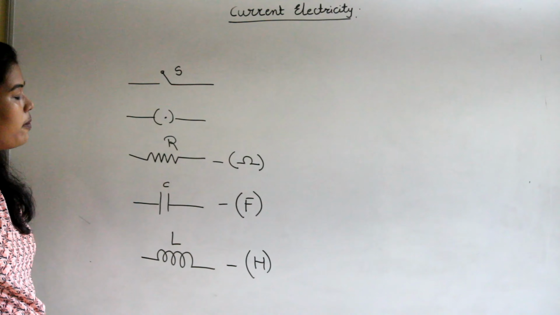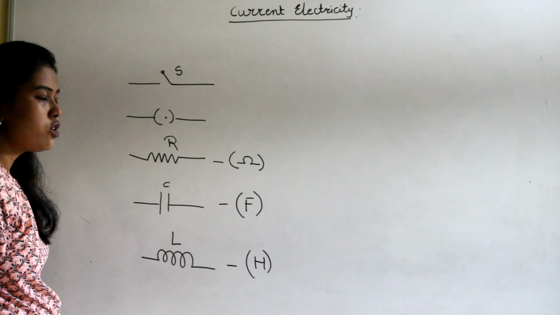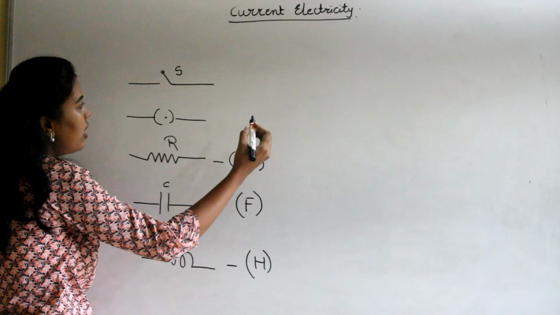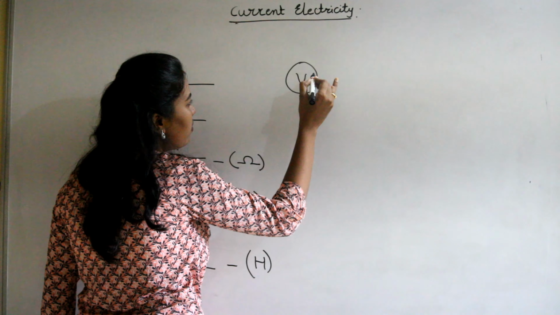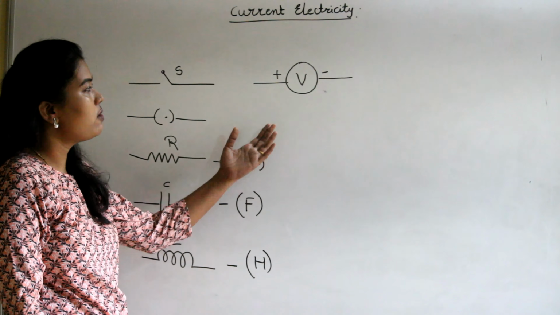You may also think about some instruments which are used to measure the current and voltage. So which all instruments are used? We know that the voltmeter is used to measure the voltage, right? This is a voltmeter and it is symbolically shown like this. Voltmeter is used to measure voltage, and what is the unit of voltage? Voltage is measured in volts, right? Next comes, what is used to measure current? You can measure current using an ammeter, which is symbolically represented as shown, and the unit for current is amperes.